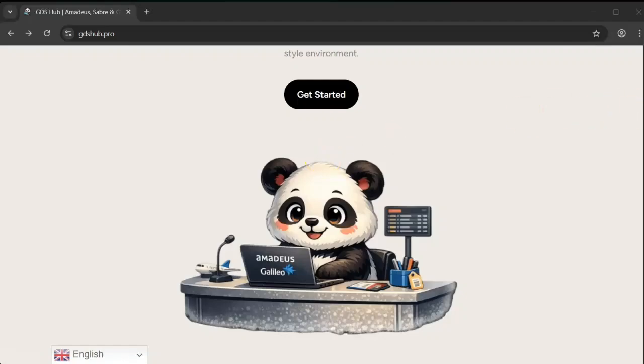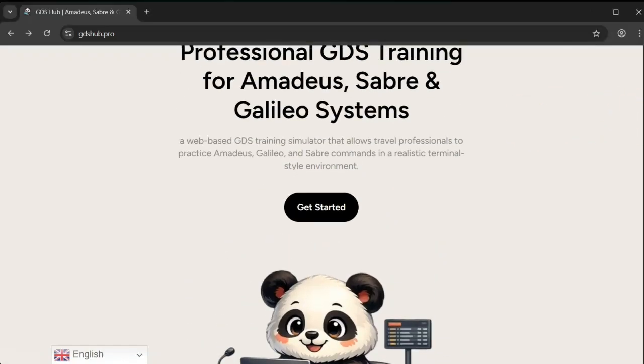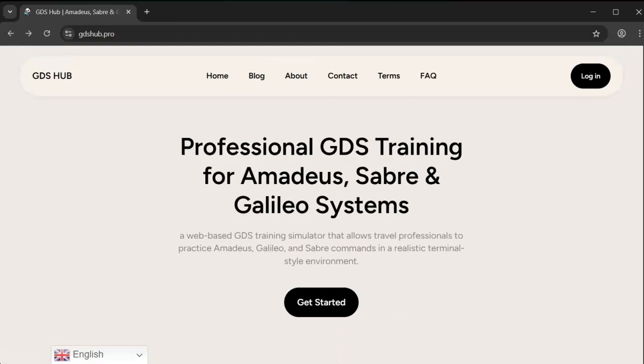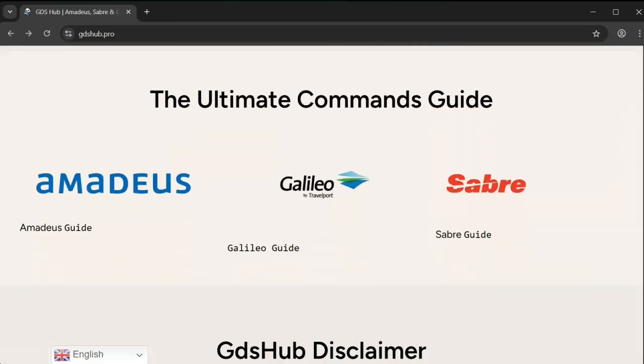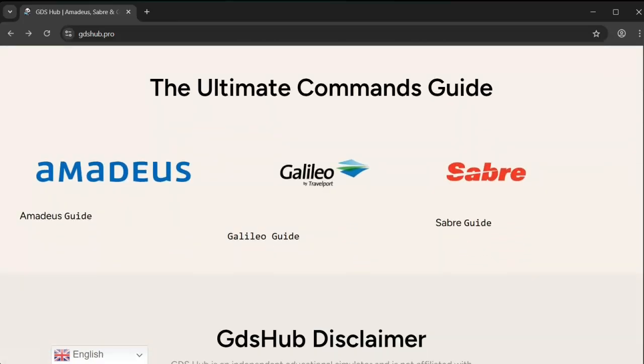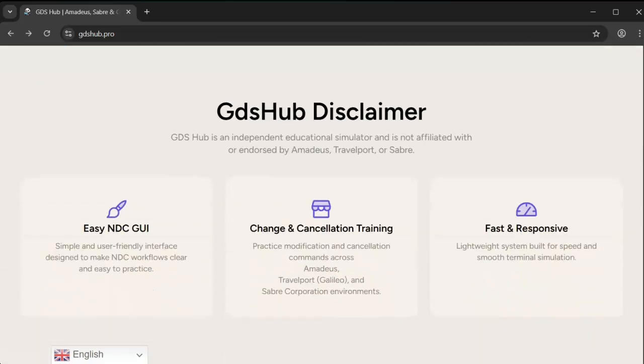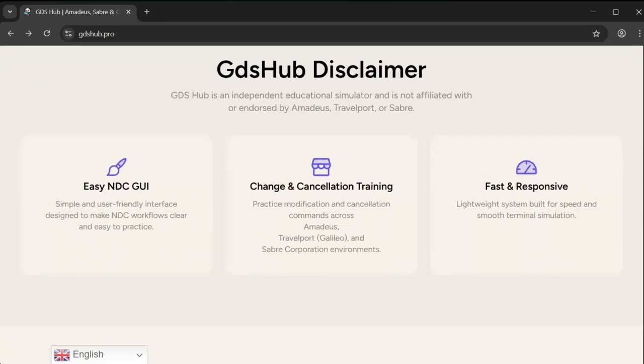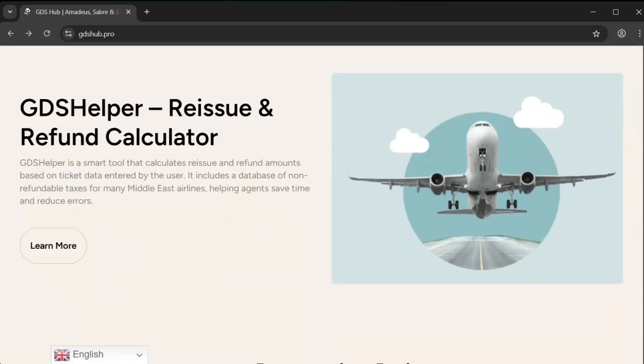In this video, we will learn how to make a complete booking on the Amadeus system step by step using the website gdshub.pro, which works as a GDS simulator and provides free training lessons. Before starting the practical steps, we need to understand what a PNR is, its importance, and the difference between a